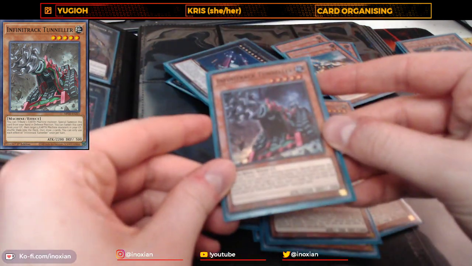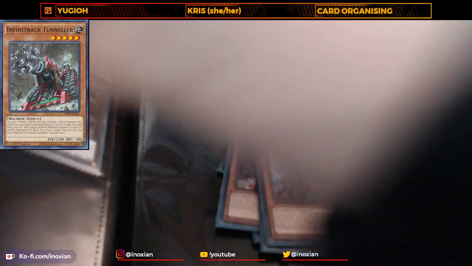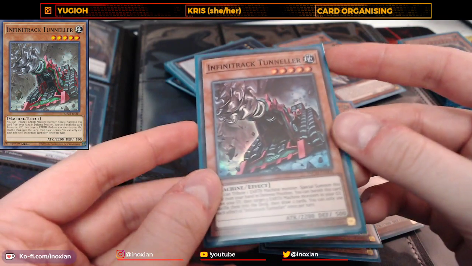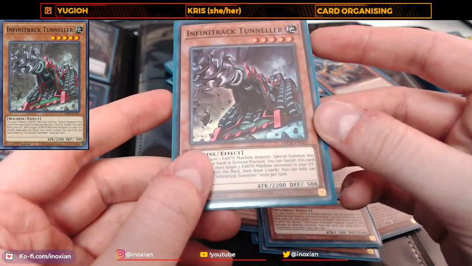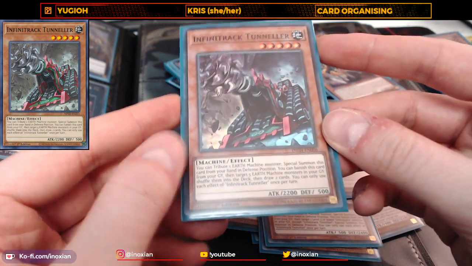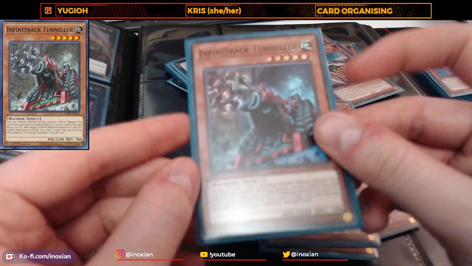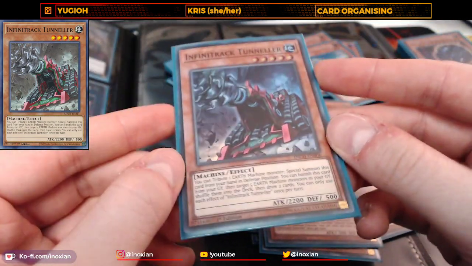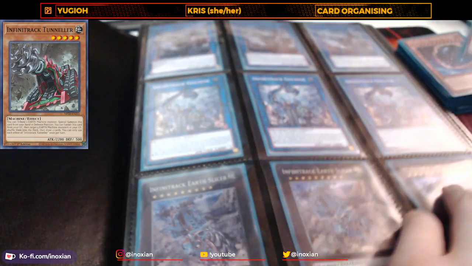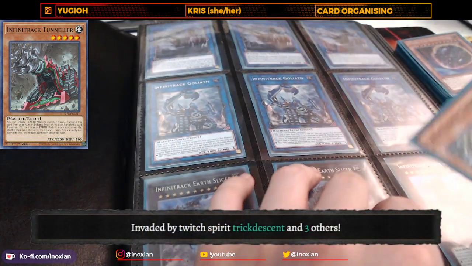So, this is Infinitrack Tunneler. Now, you know how I was talking about how the deck usually plays 3 of these Goliaths? The reason for that is that Tunneler has an effect that is basically a Pot of Avarice. For anyone who doesn't know what Pot of Avarice is, it's a card that allows you to draw 2, just like any pot card, but it has a cost, and that cost is shuffling in 5 monsters from your graveyard. This card, Infinitrack Tunneler, is a Pot of Avarice on legs for Earth Machines. So, the combo goes that you fill your graveyard with Goliaths for 3 materials, because these are really easy to make. And when you...